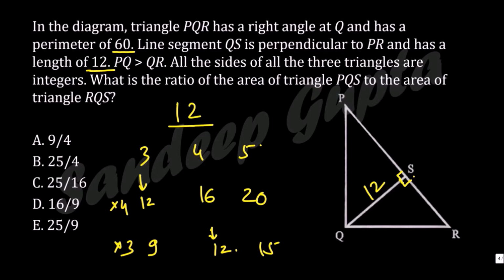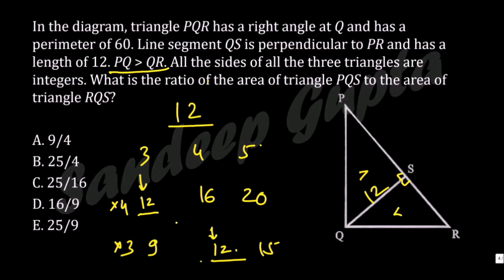Again, remember this is not sure, but this is just some innovation we are trying to do so that we can create some possibilities. Now because 12 is a common number in both of these triplets and because 12 is a common side in both of these triangles, maybe these could be the two triangles. We'll try to see. We are also given that PQ is greater than QR. So that means this triangle is bigger than this triangle.